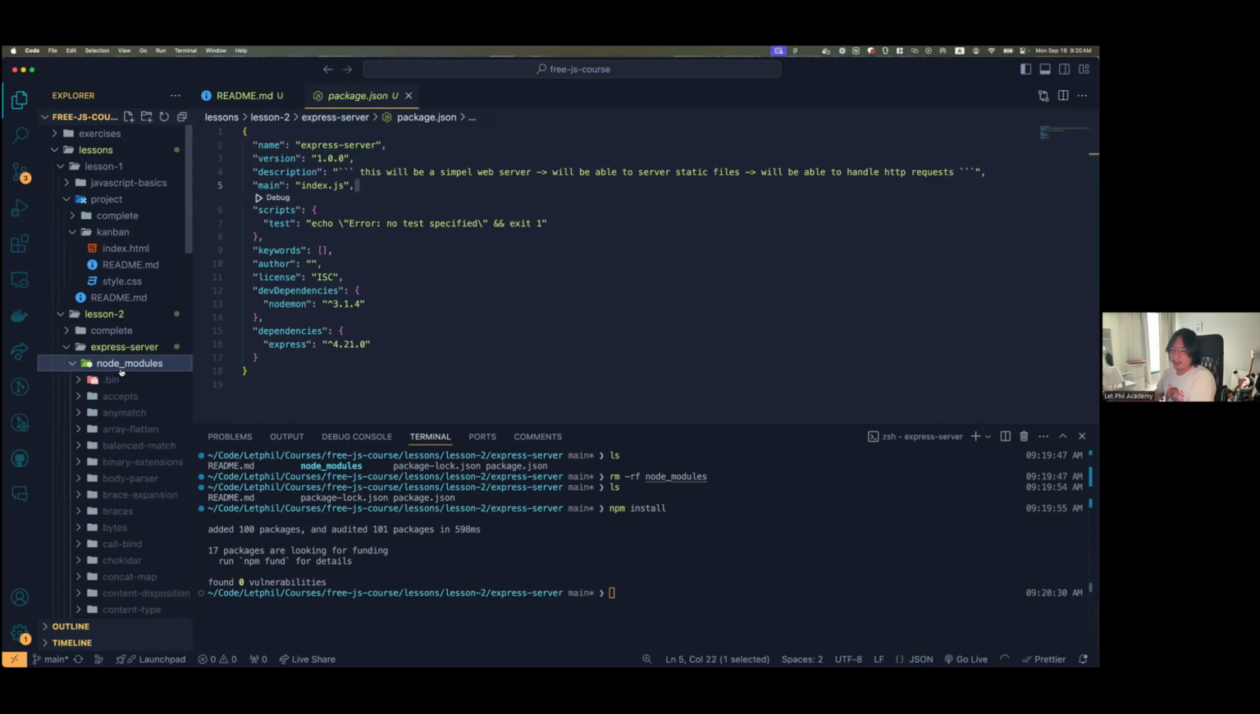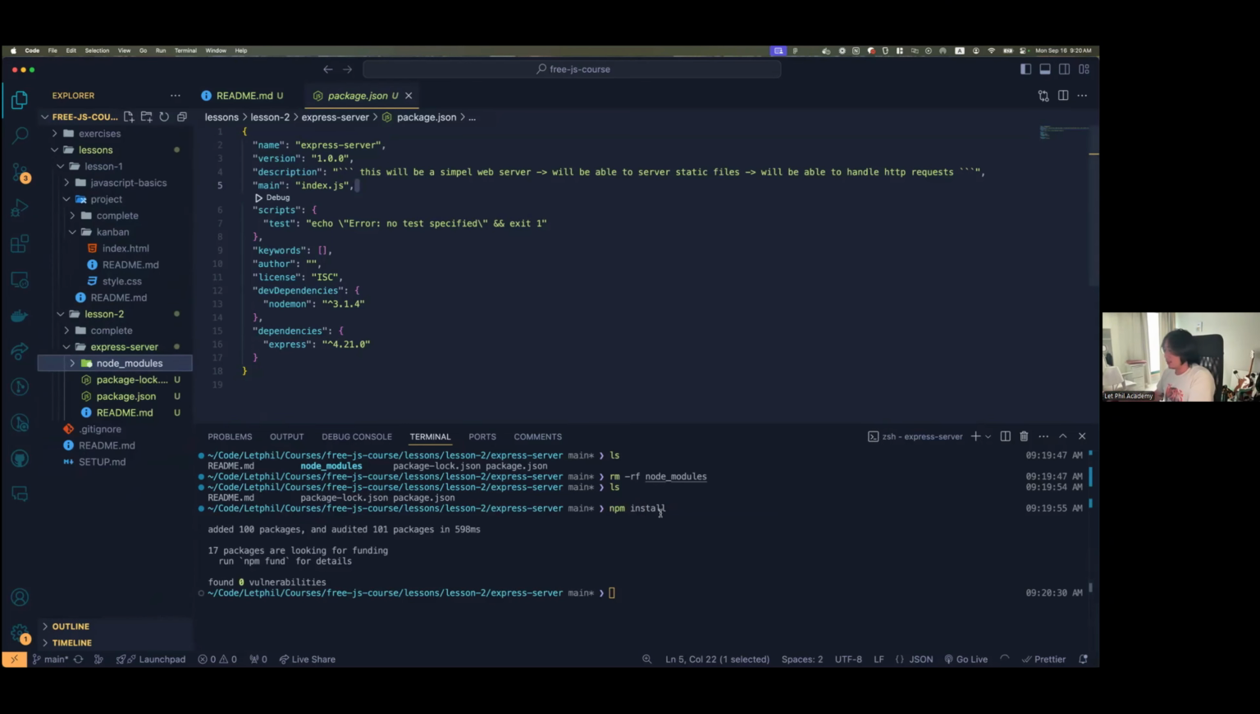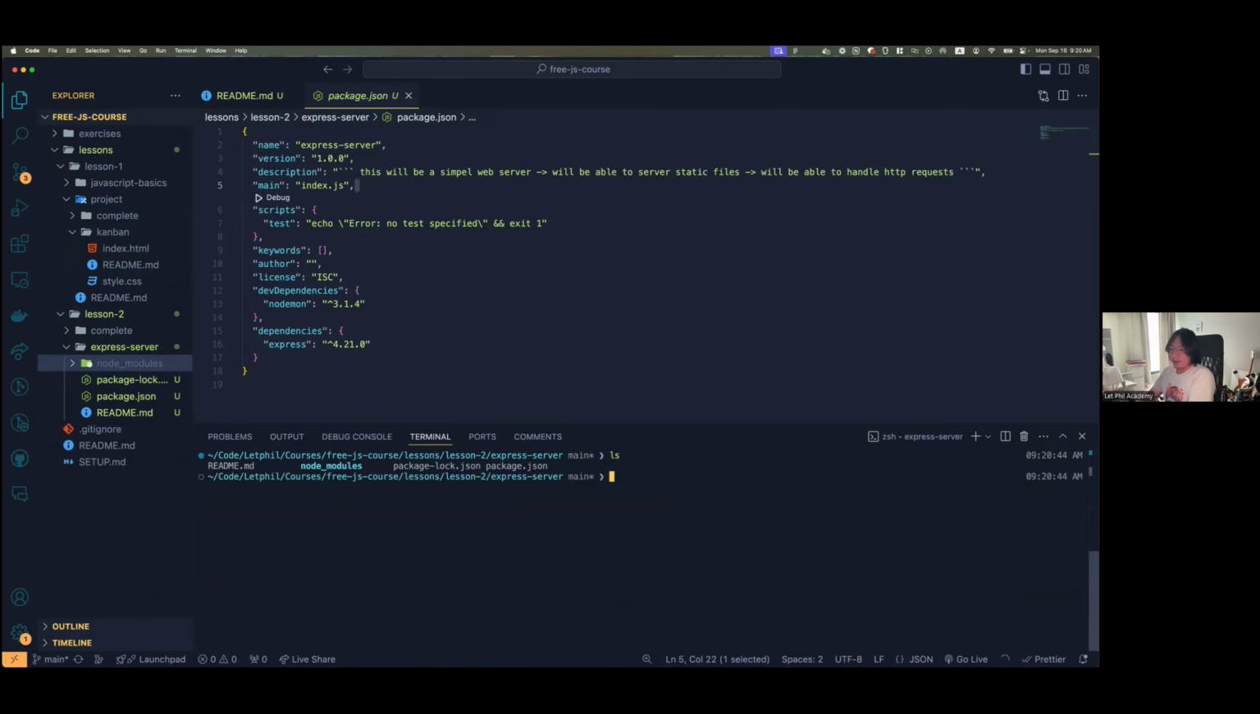So now it's the same. We have Express, and Express comes with a bunch of other packages. All right, so what we're gonna do now is we're gonna make, so the entry point to our code is gonna be index.js. So we'll make an index.js file,